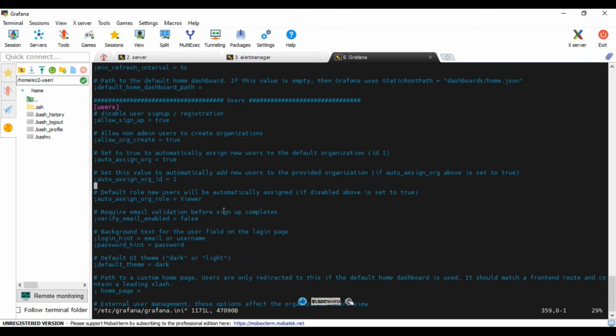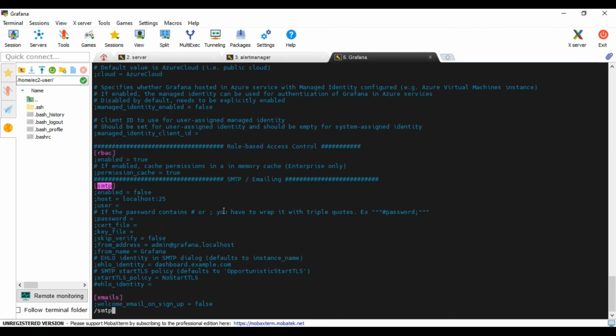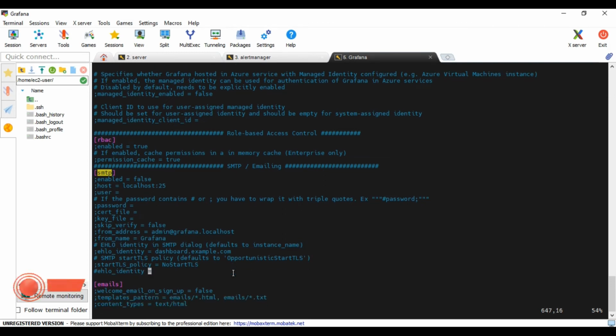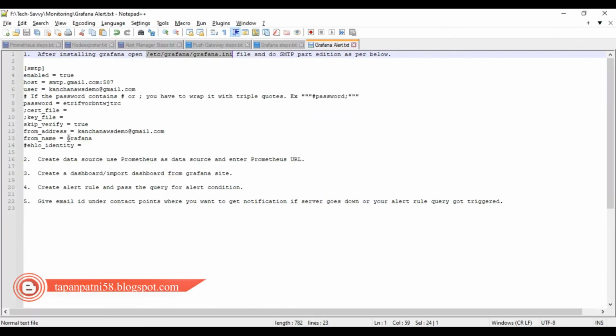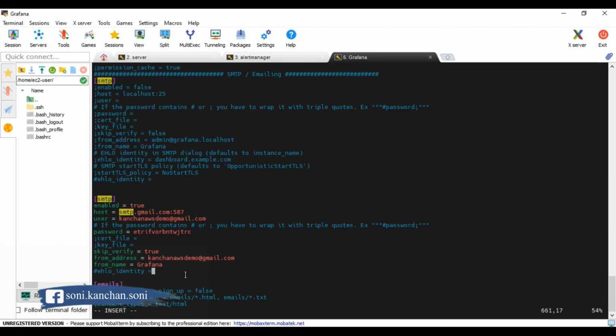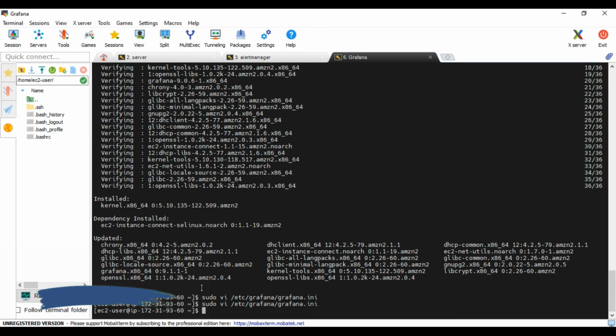Okay, under this file we just need to find SMTP. Okay, this is our SMTP section. Press I on the keyboard. I'm sorry, just enter, and after that start editing here. Or instead of editing the existing details, we can just copy and paste our existing SMTP configuration which we have created in our file, just paste it here. So okay, and escape, :wq,